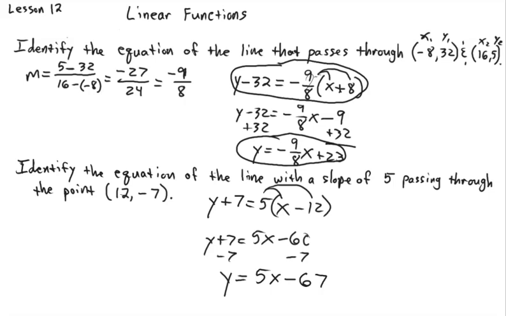Note also that in this process, we were able to also identify b. And we did the same thing up here. Up here, once we had point-slope form and then converted it into slope-intercept form, we can now say that b is equal to 23 here, and down here we can say that b is equal to negative 67. So essentially, if you're given 2 points, you can find the slope, then point-slope form, then slope-intercept form, then the y-intercept. If you're given slope and 1 point, well, then you can do point-slope form, then slope-intercept form,